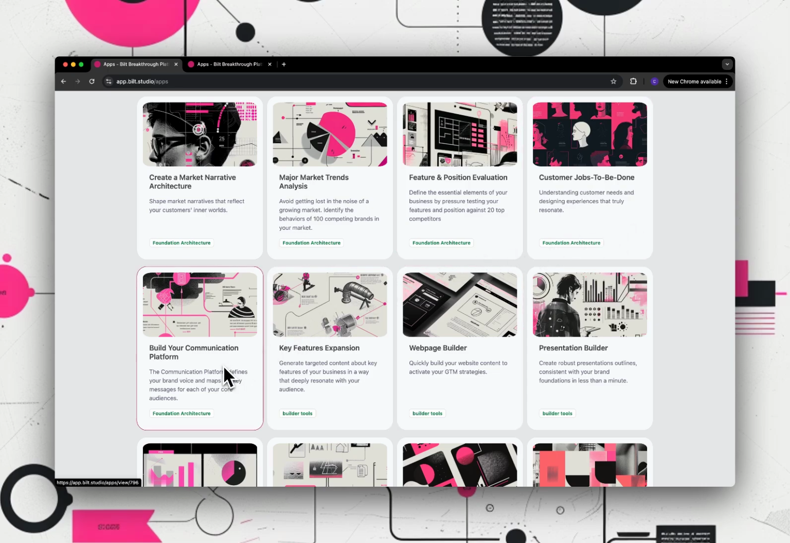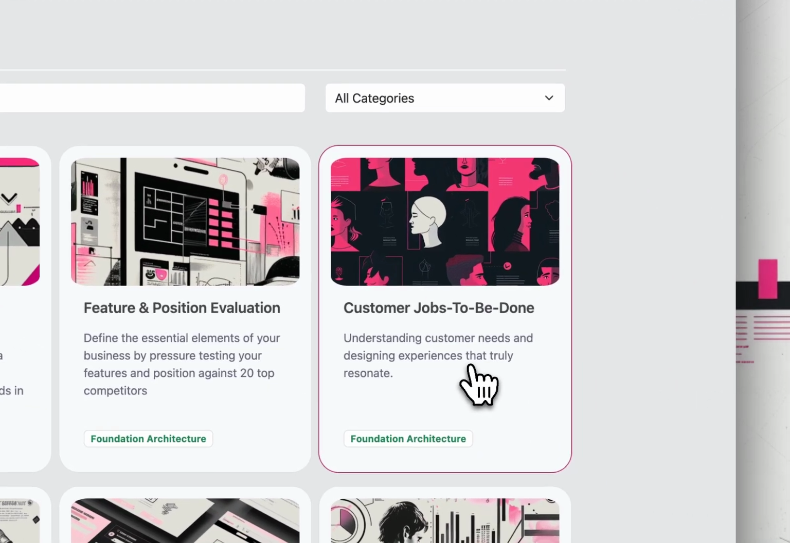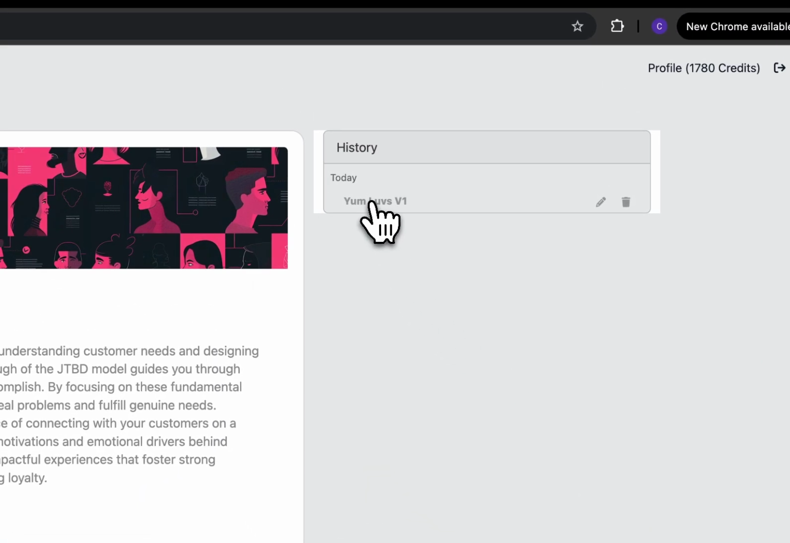Now, when I go into this, I'm actually going to have one of my apps up in the background to refer to. That's going to be the customer jobs to be done. So in a separate tab, I'm going to pull this up. This is where we left off